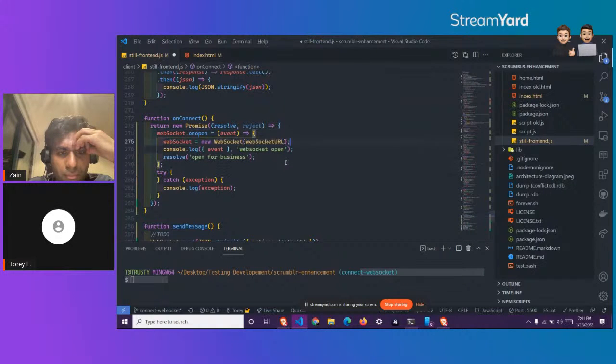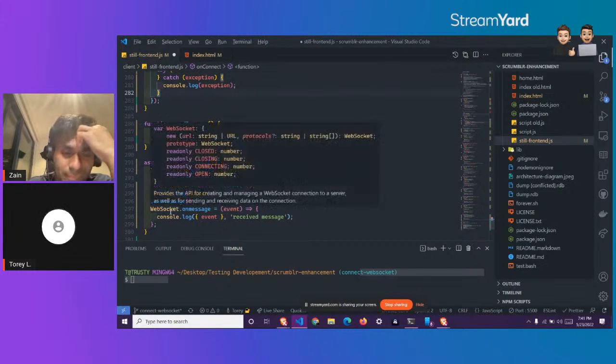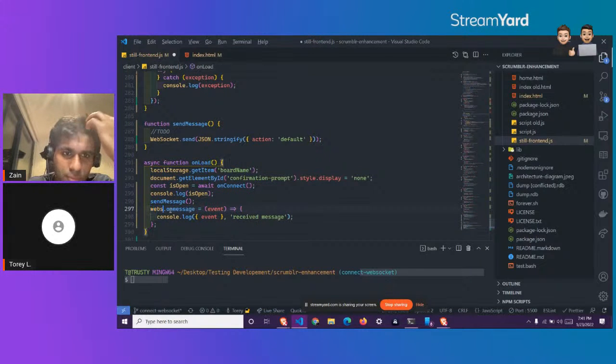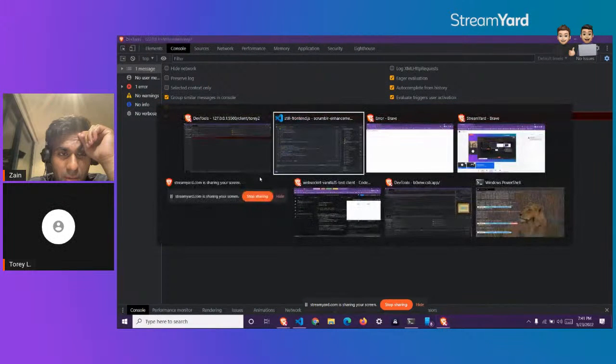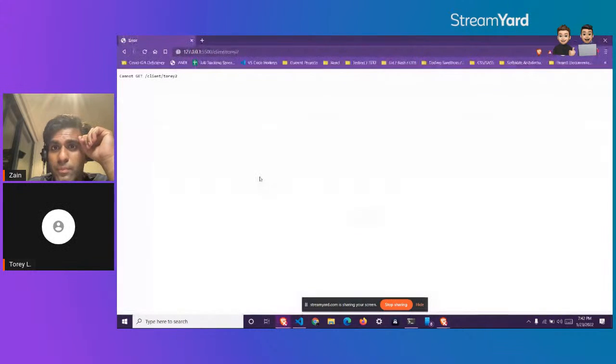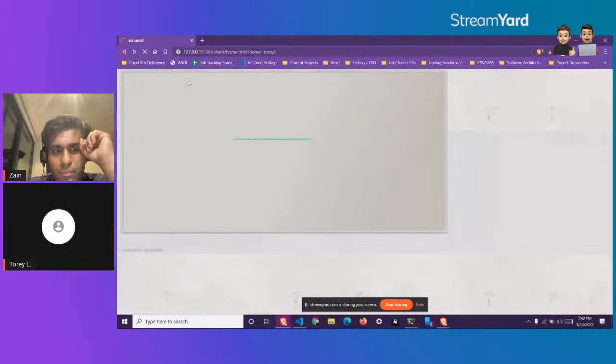Okay, so this will go up here. And then this should be WebSocket lowercase. There we go, that should work. Right, I see. Before it was getting the WebSocket constructor from the JavaScript object.